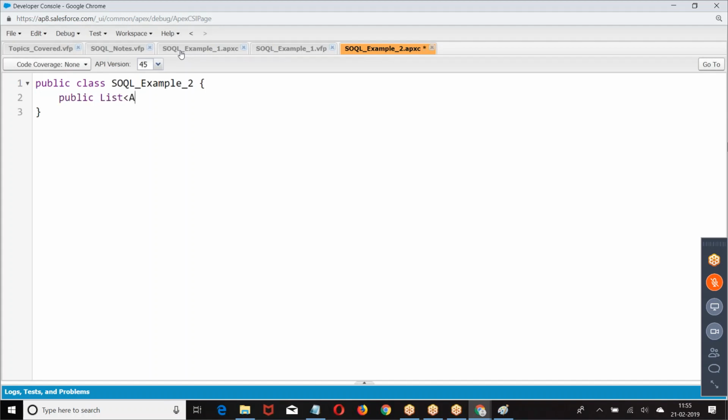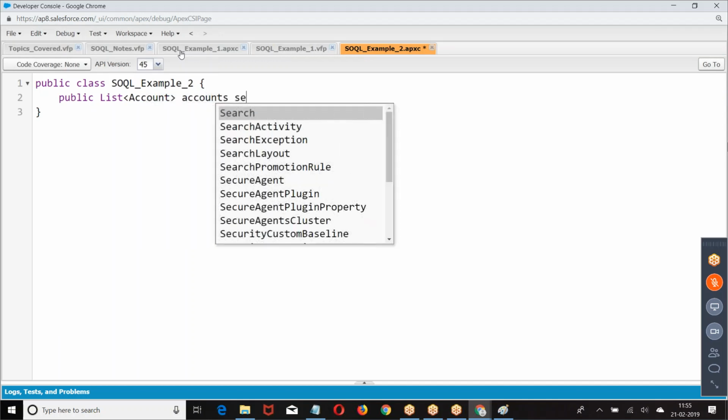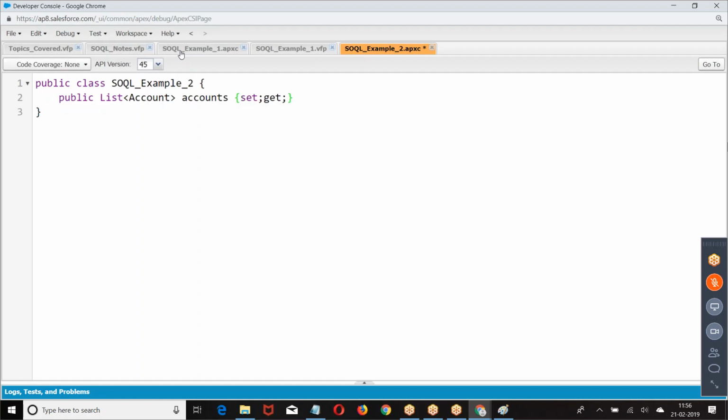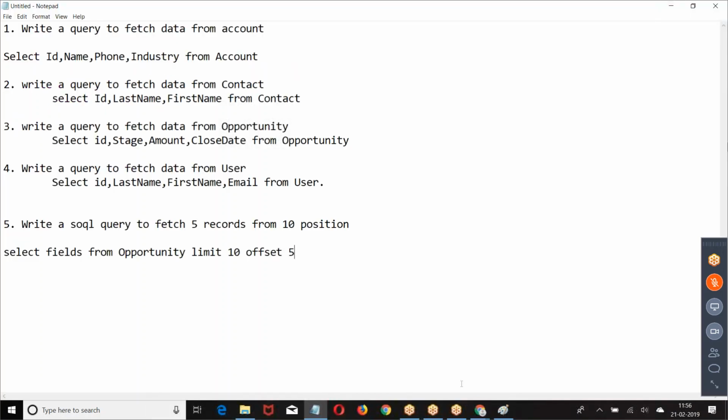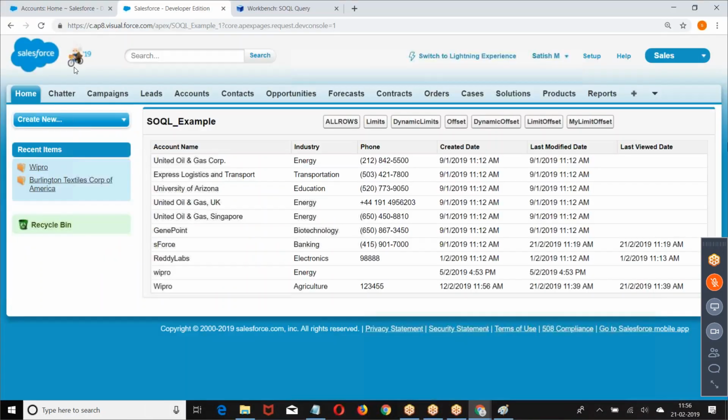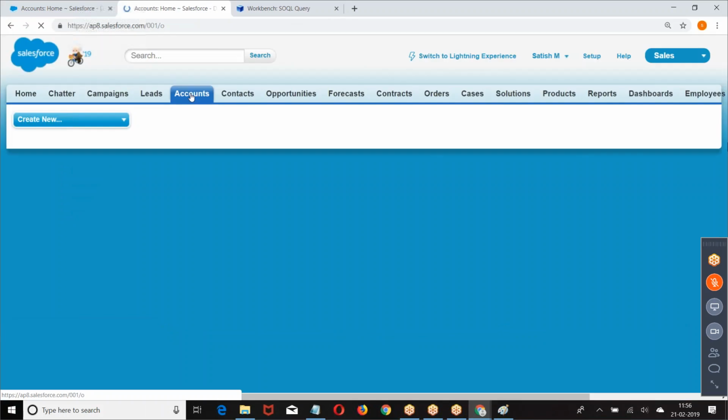Public. Try to understand this example. Accounts.